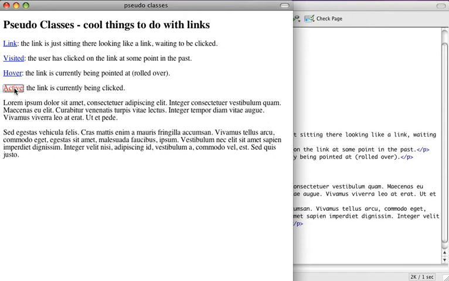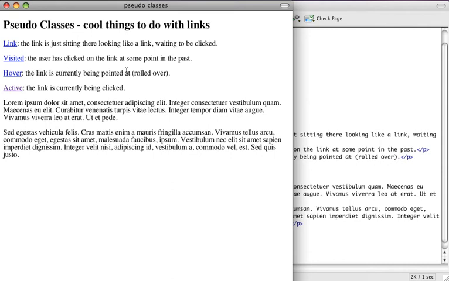Once I've actually clicked this link, and this is just going to a null link, so I won't actually leave the page, you can see that the link color itself has now changed to a purple shade. The purple shade is once again the default color that the browser uses to illustrate that that link has been visited. This is the visited link color. It basically is an indication that the user has clicked this link at some point in the past. So those are the default states that we see: link, visited, and active when we're dealing with HTML or XHTML